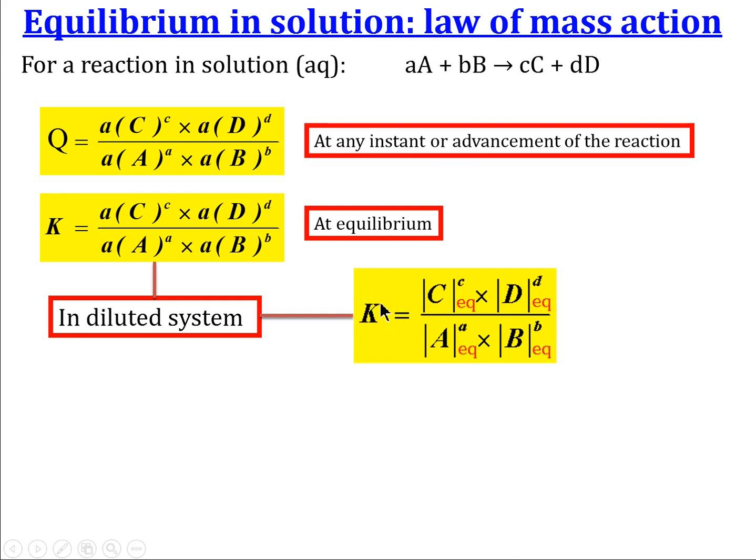So the equilibrium constant K is equal to the ratio of the concentration of products on the reactants at equilibrium